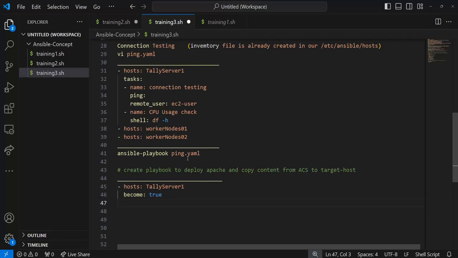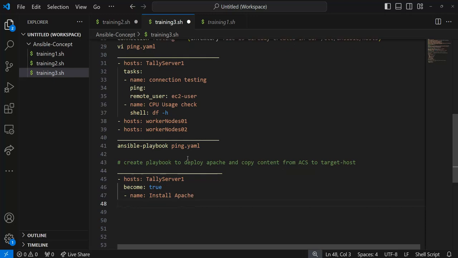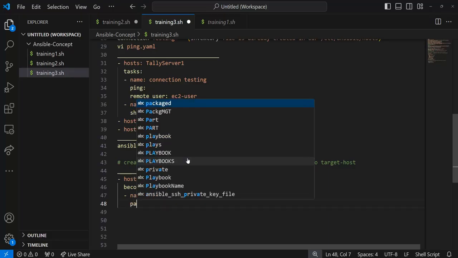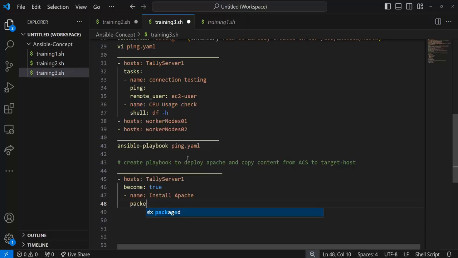So what we want to do next is to give the name of our task, and we want to install Apache, right? So what modules are we going to use to do that? We're going to use a package module, right? So we're going to use package,